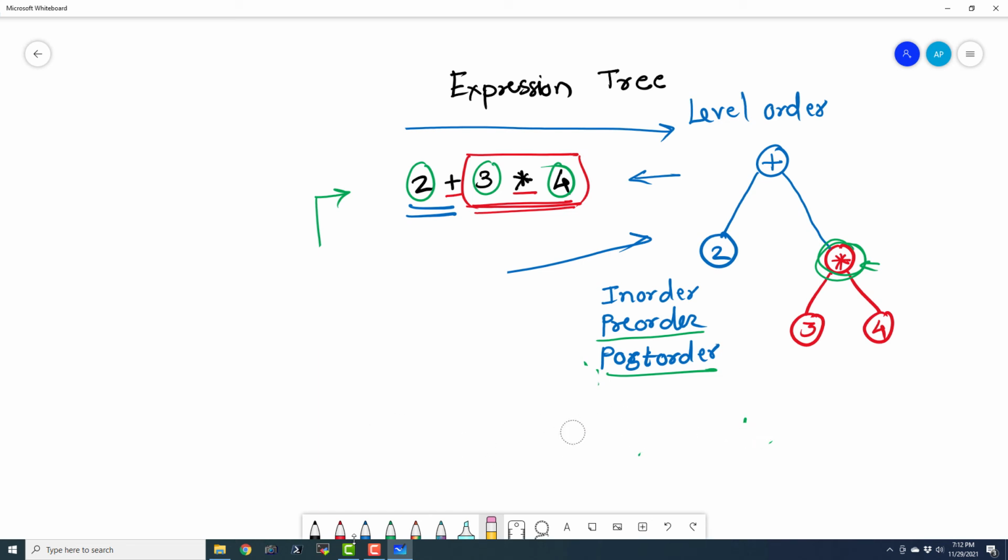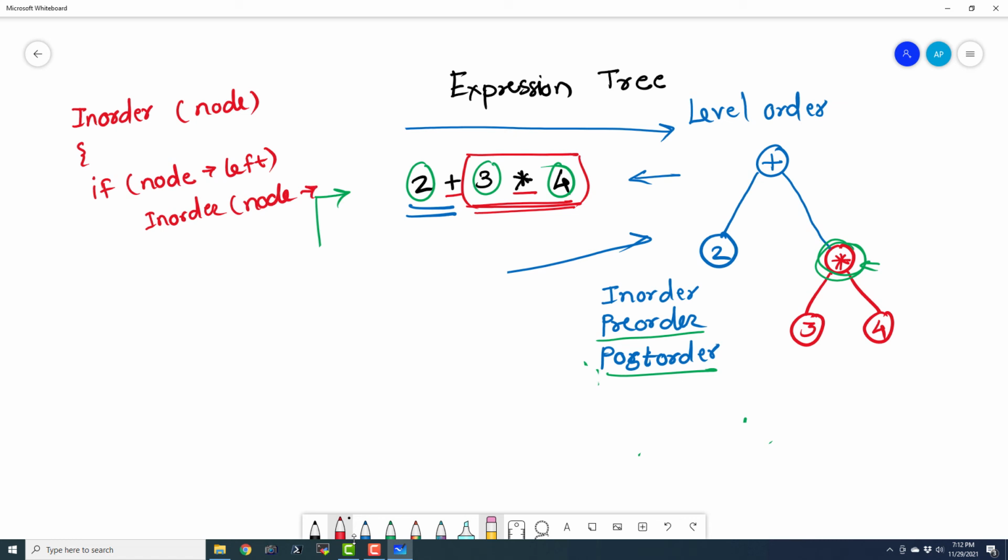Okay, so I will write for in order of node: if node left, then in order of node left, and then print node.